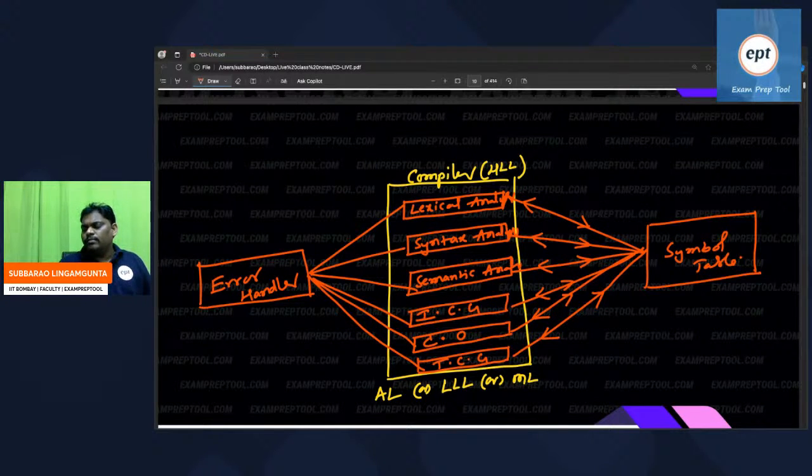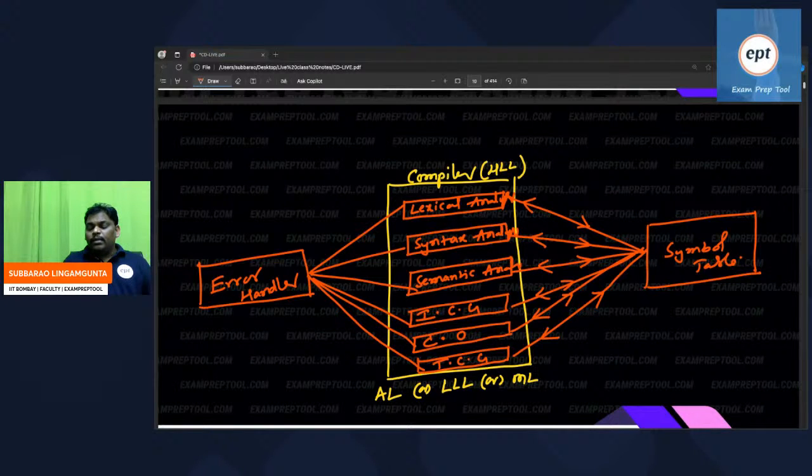It doesn't mean that you don't know at all what the linker will do. The linker will link the many files related to the program into a single file. The loader will load the program from hard disk to main memory. The compiler will convert from high level to low level. The name itself says preprocessor: before going to the actual story, it will do pre-processing. Next, the assembler produces relocatable code. What is the input, what is the output? But the major thing is the compiler.